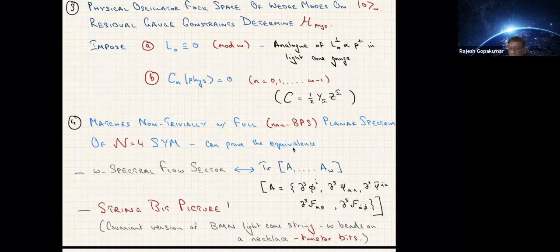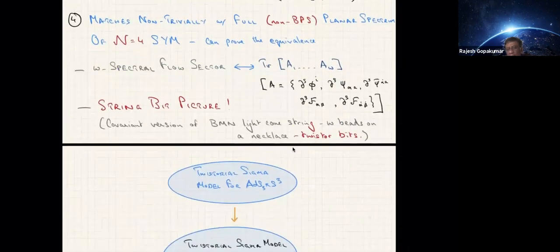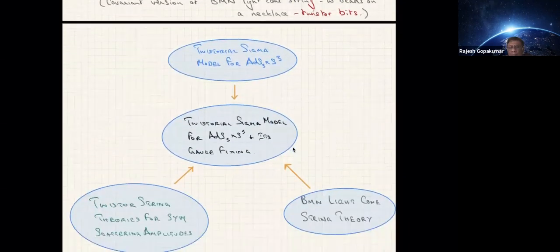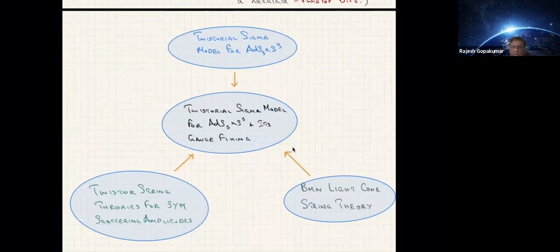Beads, which you can think of as each bead being built out of these twistors in some way. So it's a covariant version of the BMN light cone string, and I can try to explain that more as we go along. But at this stage, I just want to give you the overall picture. Just to summarize this overall picture, the sigma model that we